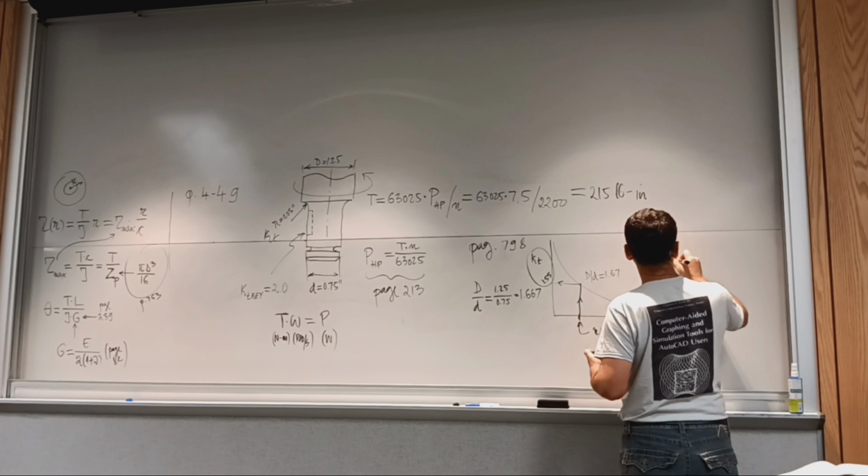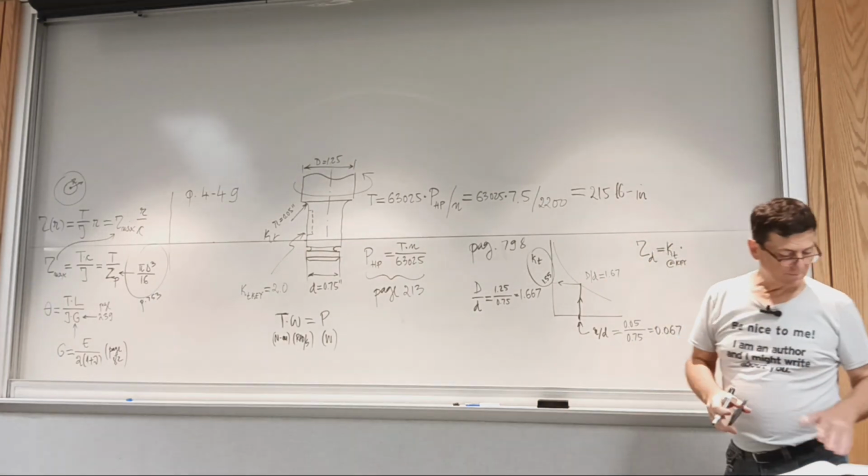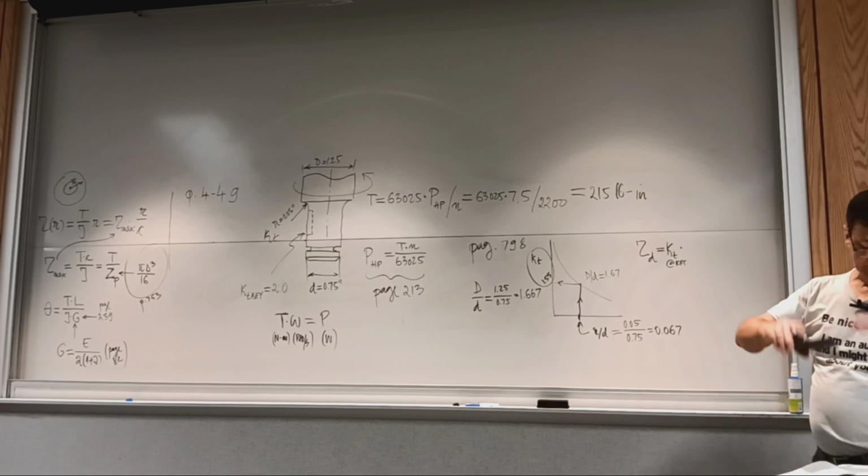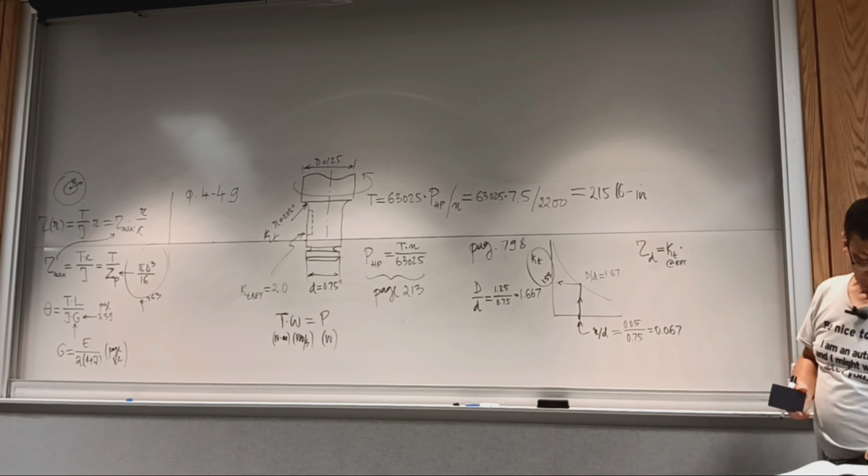So Kt at key, and then times. And if you look, it's still on appendix on page 798, there's a formula that gets you the nominal and the tau max. We use tau max because it's on the outside. Anyway, so nominal would be